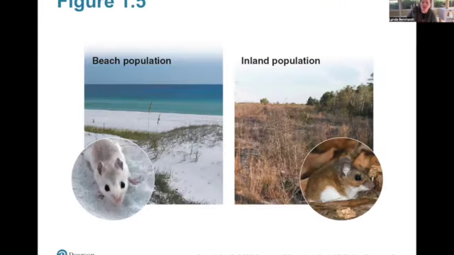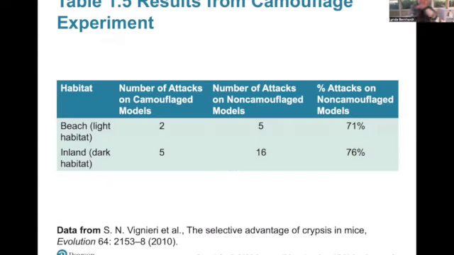Now, here's the mice thing they were talking about. Typically, the mice that were found on the beach blended more with the sand, and the ones inland blended more with the woods and stuff like that. So for this experiment, they took them and swapped locations. And what they found was that when they were where they were supposed to be, they didn't get munched on as much. But when they flipped them, so they put the white one in the brown area and the brown one in the white area, the amount of them getting munched on by the predators increased tremendously. So that's all this is telling.